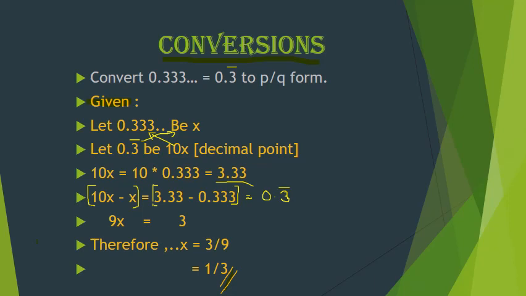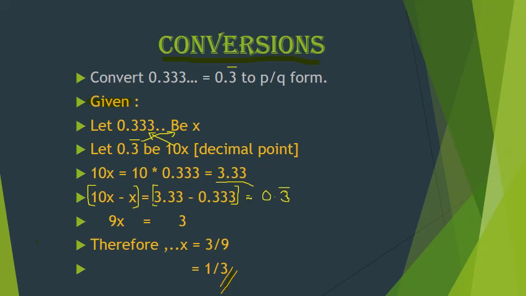The next step for further simplification is to cross multiply these numbers. If I cross multiply, I must always first multiply the bigger value. Here, the bigger value given to us is 0.333 dot dot multiplied by 10x. While multiplying these values, I must not include any variable in it. So I'll remove x from 10x and my answer will be 10 multiplied by 0.33, which equals 3.33.